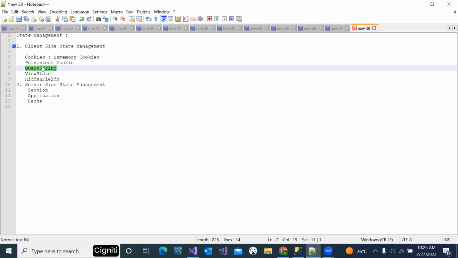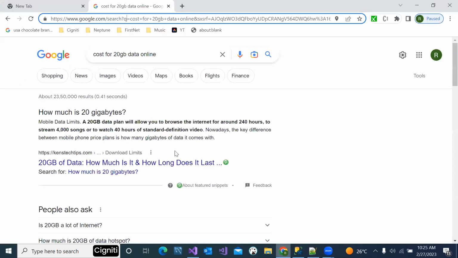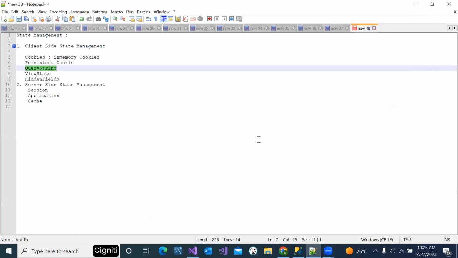Simple. Query string data is visible. Here, see, here I can clearly see. Right? The query string data is visible to the end user. So there is no security for your data. But if the data is not that sensitive, like identities such as employee ID, or if you want to send some numbers or some values, a small amount of data, which is in KBs,